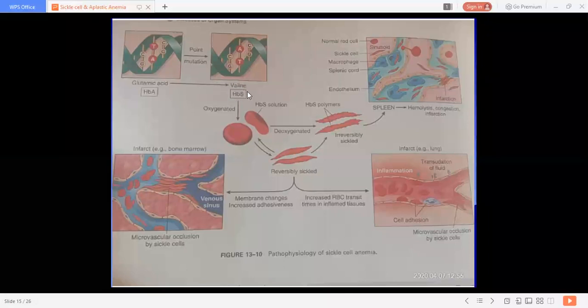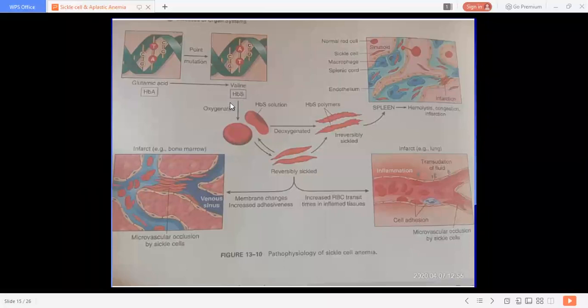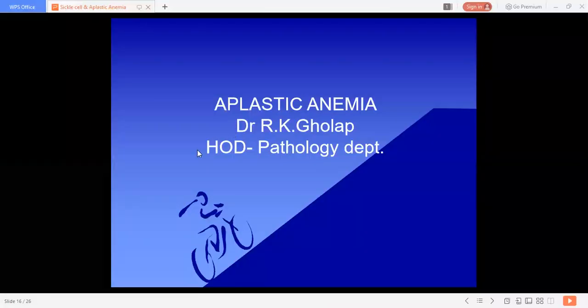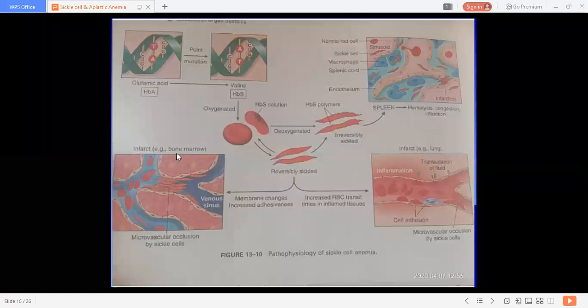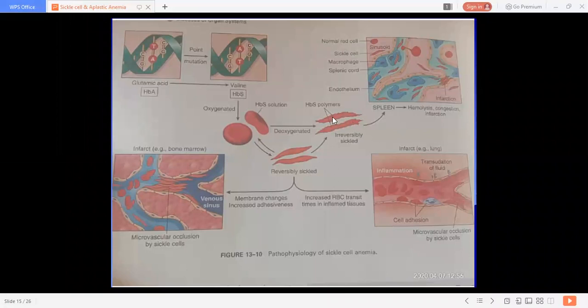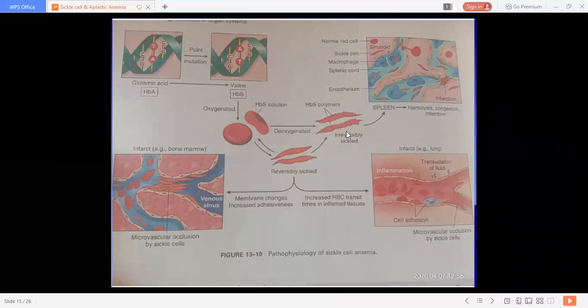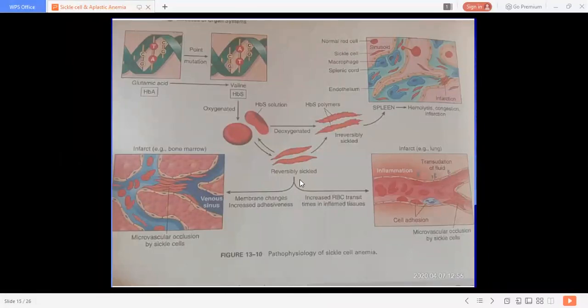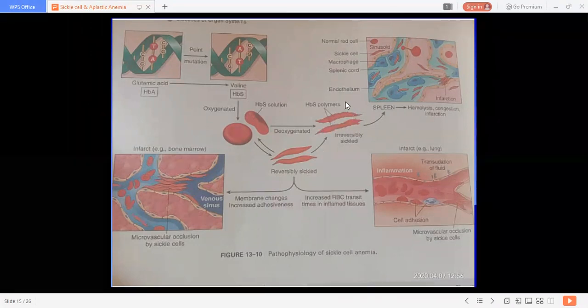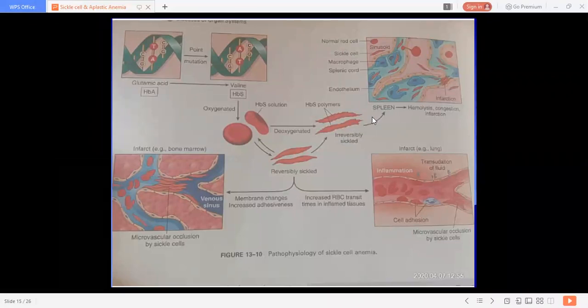It gives rise to abnormal hemoglobin S. After oxygenation, it is biconcave, but when deoxygenated, it gives sickle shaped cells. HbS polymer gets formed. Whenever oxygen is corrected, they are reversibly sickled. And whenever they become irreversible changes, it gives irreversibly sickled cells, and they get accumulated in the RE cells,